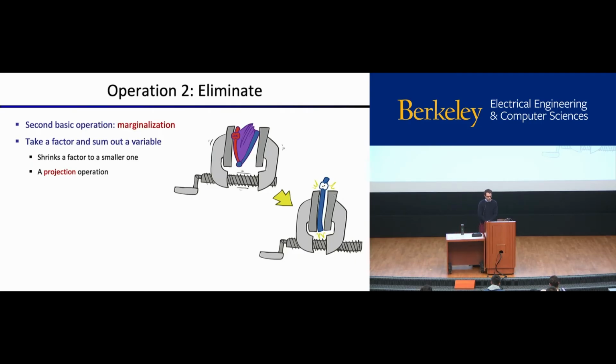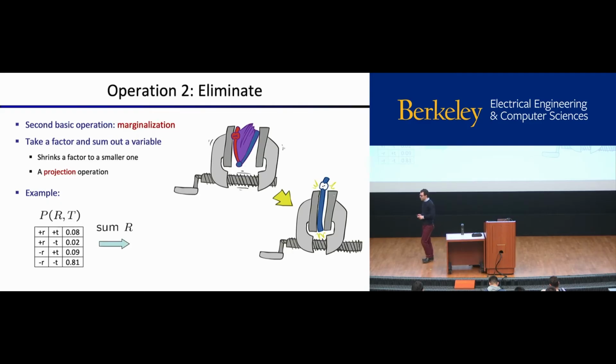So if we go back to the 2-dimensional case, we might have this P of R and T joint distribution. We might say, all right, I only care about the temperature, so I'm going to sum out the R variable, and I'm going to get a distribution over T, and that looks like this. And it's going to have 2 entries, 1 for each temperature. What we've done is I've summed all of the values in this first table that correspond to, let's say, T equals hot, right? So T equals hot, there's a 0.08 here. T equals hot, there's a 0.09. Those sum together, and we get 0.17.